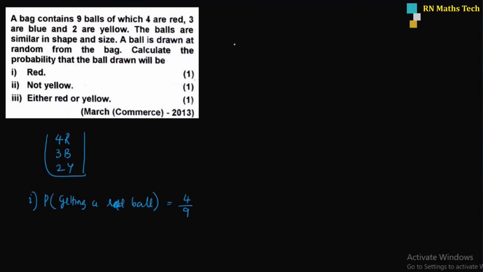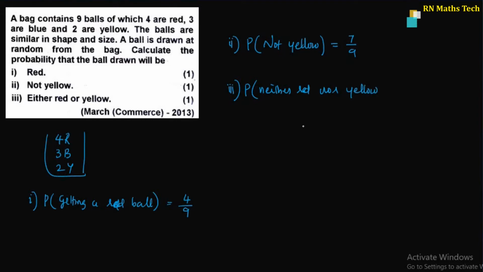Okay, now second one, probability of not yellow is equal to, the number of not yellow balls is red and blue, that is 7/9. And third one, probability of neither red nor yellow, neither red nor yellow is equal to,